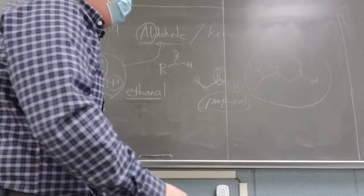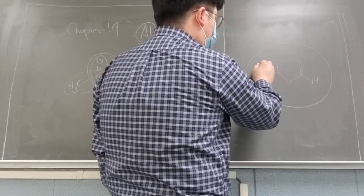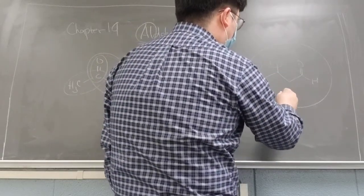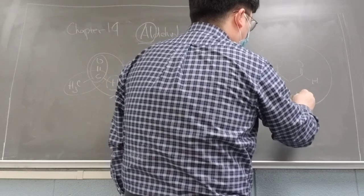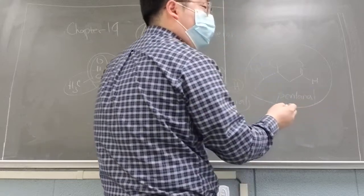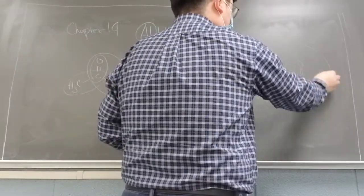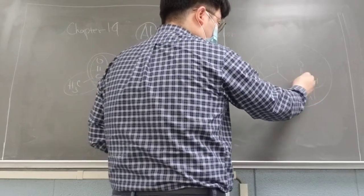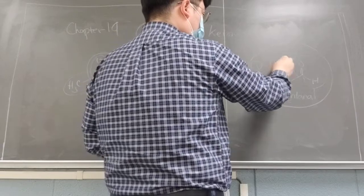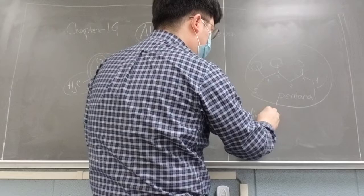Okay, so if you do this one here, we have 1, 2, 3, 4, 5. Your longest carbon chain, right? So we're gonna do pentane, but we're gonna put A over here, and then obviously this is your functional groups. So we'll count the carbon from here: 1, 2, 3, 4, 5, and you have a 2 methyl group here, so it will be dimethyl